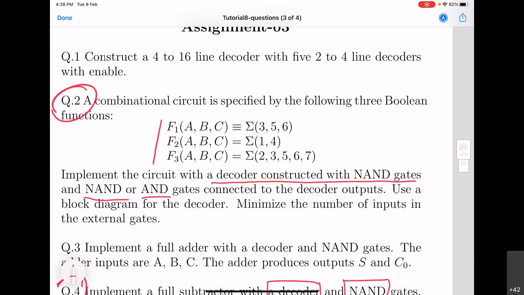Now here, recall that I emphasized that the decoder is constructed with NAND gates. Last time, for the subtractor, we used the normal decoder, but here we have a decoder with NAND gates. That means the NAND gate version of the decoder. So this is not the normal decoder, right?